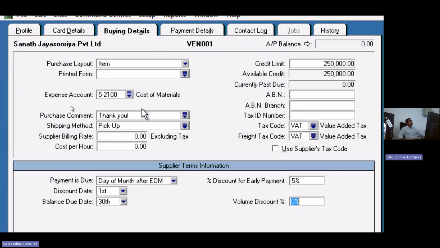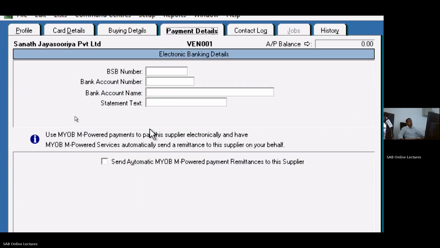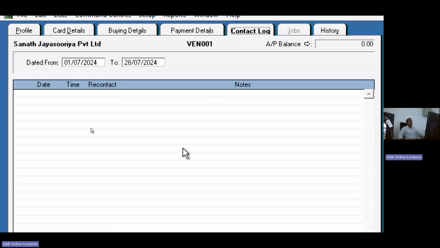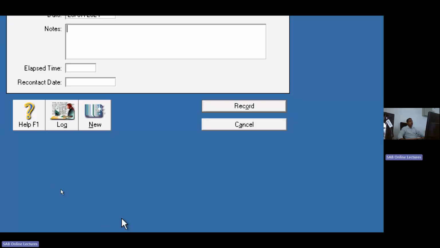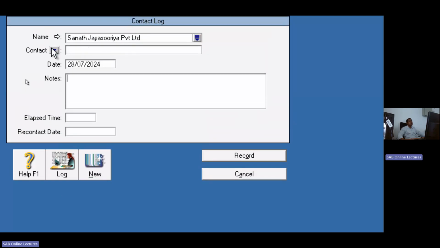Under the buying detail, payment detail. Supplier bank account number, bank name, statement text. Contact log, similar to a customer, like new entry. You can add the new entry for the Sanat Jayasuriya. Actually, no contact person in the Sanat Jayasuriya. Let's say like